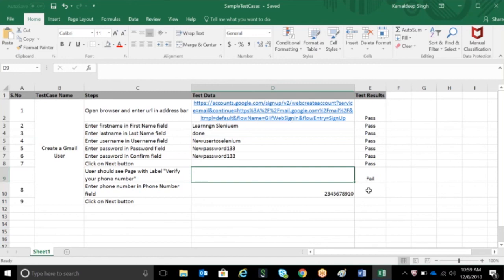Let me see if I am able to find any sample of Quality Center on Google to show you how a test case looks in it. You will get a clear picture of it.